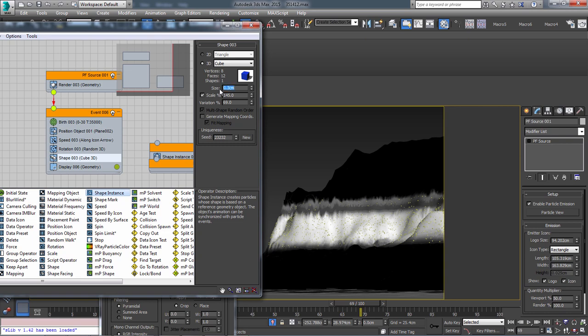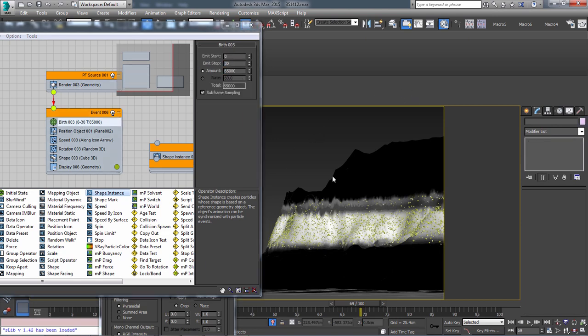believe it or not, smaller tends to be better. So when you're doing this, you're going to be really dealing more with object count and really small things. Like, let's make sure, I'm going to tell this thing to be at 50% for the display. And I'm going to literally double that. Okay. This is a lot of particles. So I'm going to just